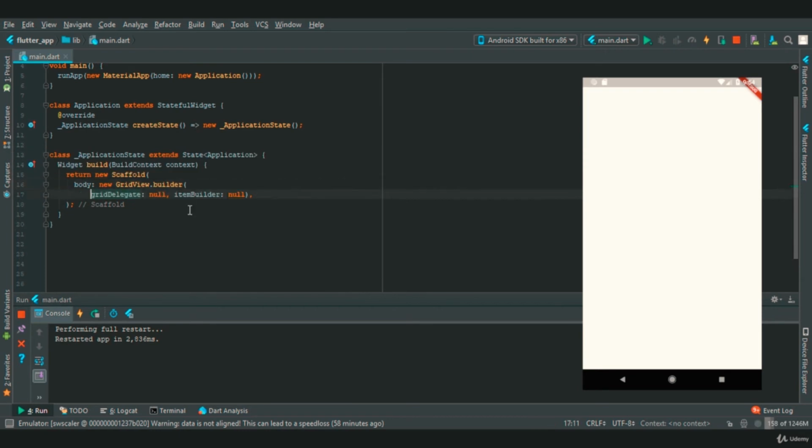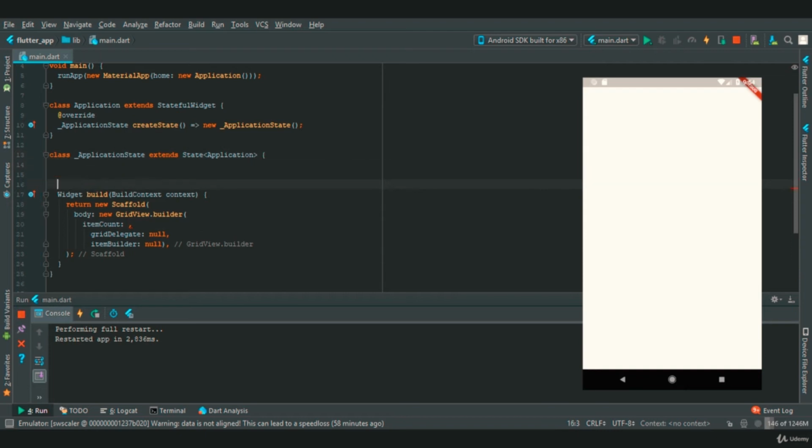And in gridView.builder we need to provide three properties that are item count, grid delegate, and item builder. After that, we need to create a list array that accepts only int, and let's provide a variable name as items equal to new